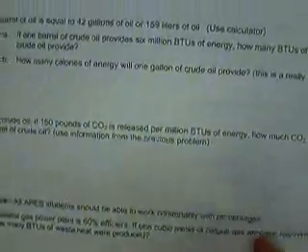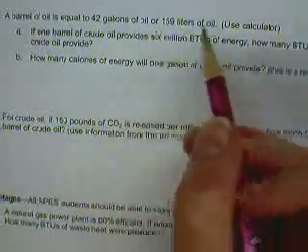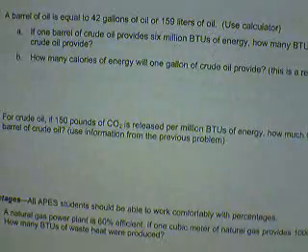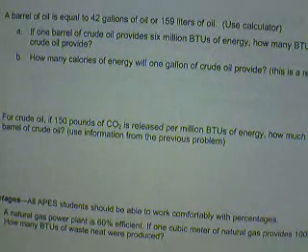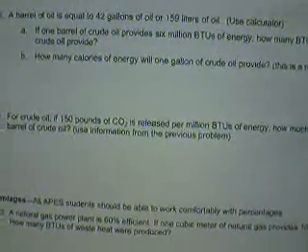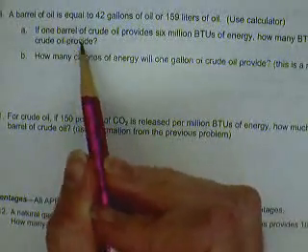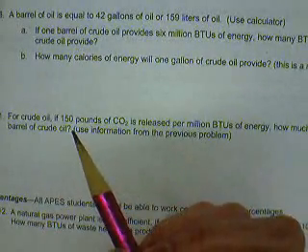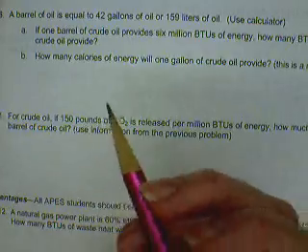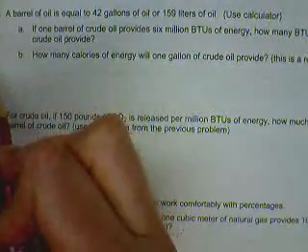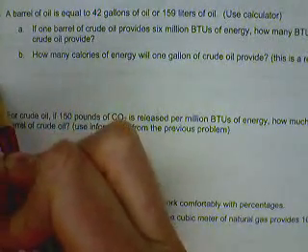Turning over to number 16. A barrel of oil is equivalent to 42 gallons of oil, or 159 liters of oil. And again, use a calculator for this because the numbers are ugly. On the AP test, they may ask you something like this, but the numbers will be prettier and easier to do by hand. So for letter A, we're going to take